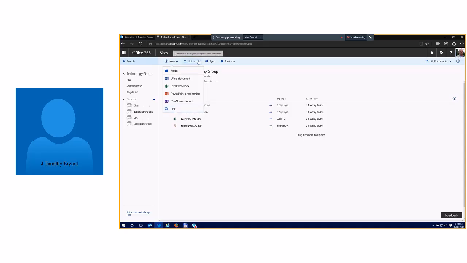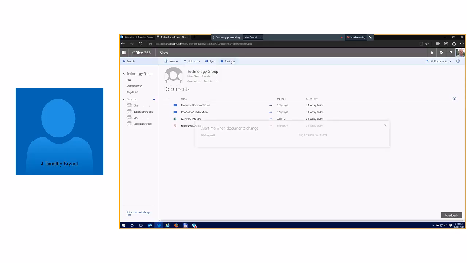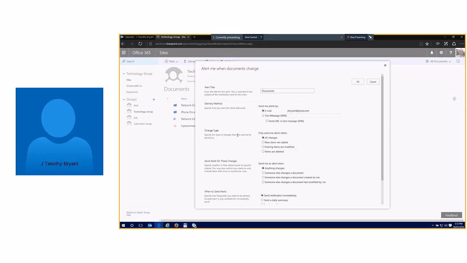Okay, over here we have the ability to upload files or even whole folders from our desktop. Again, extremely powerful, and Microsoft has given you a ton of space. Right here, your Alert Me, you can set it up to where you get an email, a text message if anybody updates any of the documents, so that if you're working on something that's time sensitive,